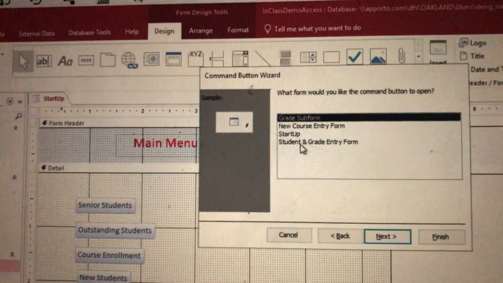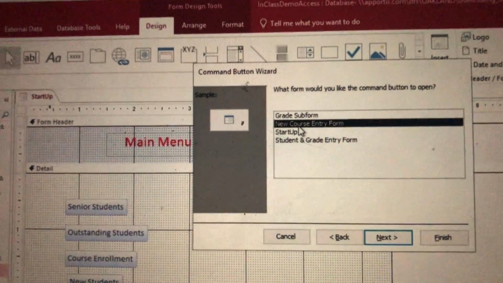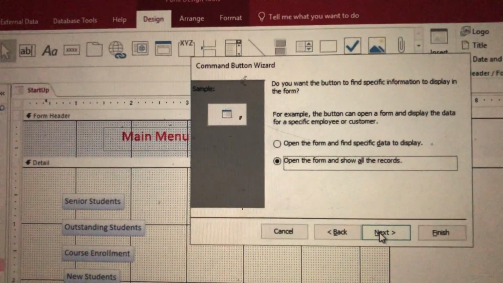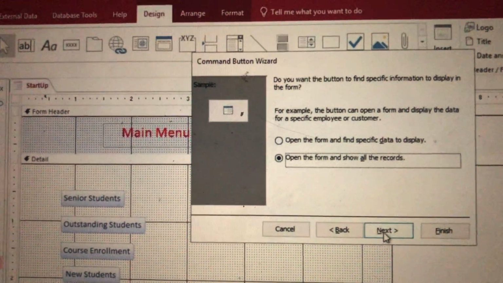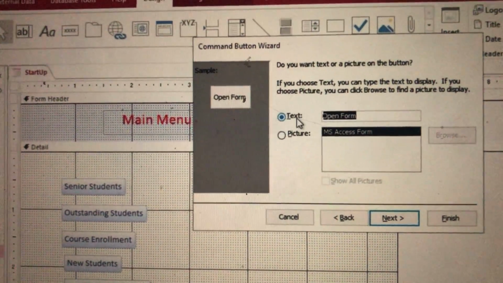we have a couple of forms. We are going to work on the first one, new course entry form. And the next. And this one, no change, just go to next. Now, in the text, we choose new course entry form. We type in